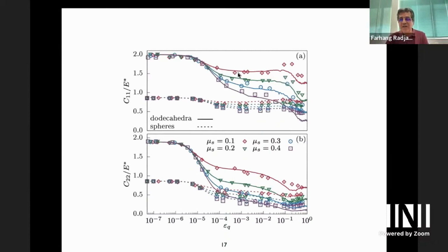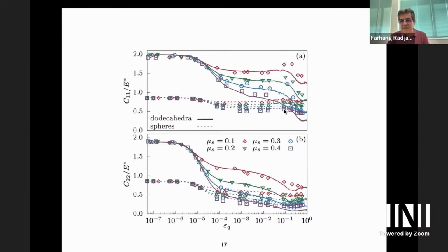The data are the symbols. I'm showing only dodecahedra here, for increasing friction. We see that in this range at the beginning, the elastic modulus is constant. It's because there are no rearrangements at all. So we are in the same state. It's not moving, and it is independent of the friction coefficient. From here on, the state is changing, and so the elastic modulus is changing, but not in a simple way. As we see, this is decreasing, sometimes increasing a little bit, again decreasing. Here we see that it is increasing after this point.